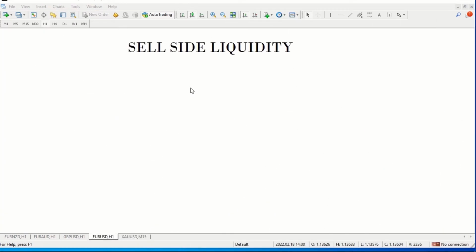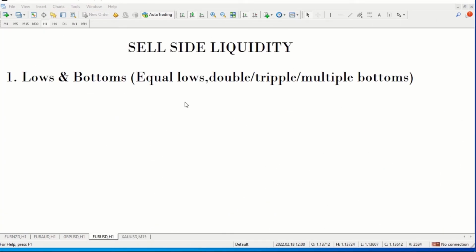So we are going to look at the first example of sell side liquidity. Great. Our first example are lows and bottoms. And when you go into detail, we have equal lows. That's where two lows are of the same level. Double bottoms, triple bottoms, multiple bottoms. So on this note, I would like to send you to the charts so that I'll help you to locate